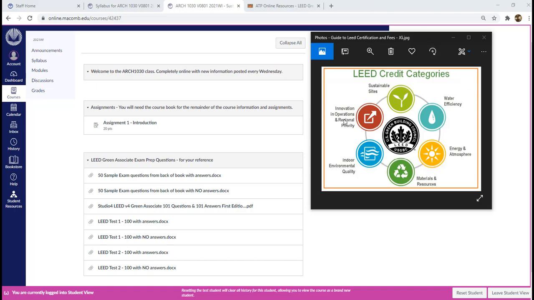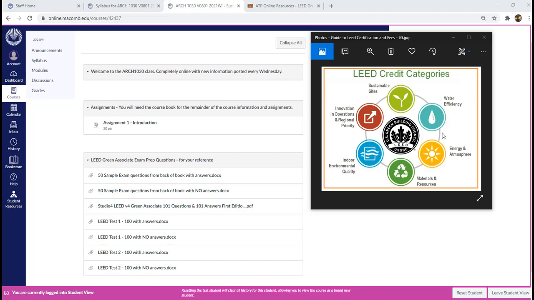We'll be looking at these LEED credit categories, so I'm hoping you'll enjoy the class and discover things that you weren't aware of. Some are going to be kind of obvious things, but I was surprised at how much more I learned about being sustainable by researching and taking a class like this that will go beyond what you might